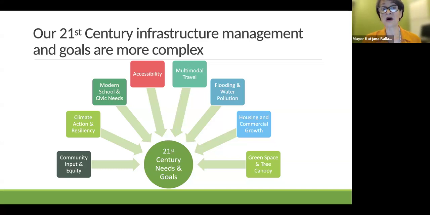We plan for the modern priorities like addressing climate change impacts, water pollution, ADA accessibility, and including community input. We build schools to meet modern curriculum needs like lab space, modern vocational training, or appropriate classrooms for neurodiverse students.